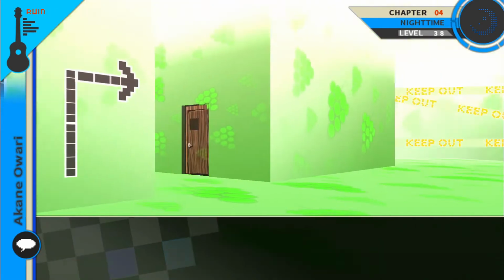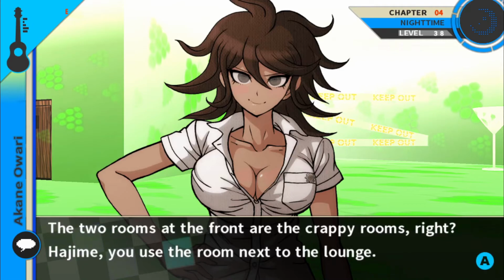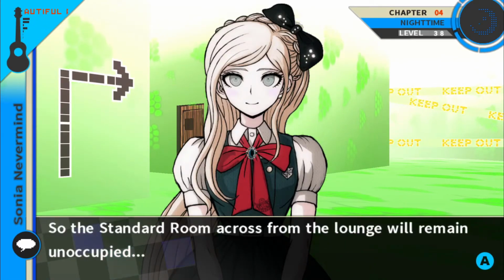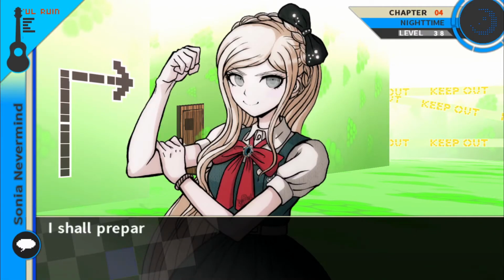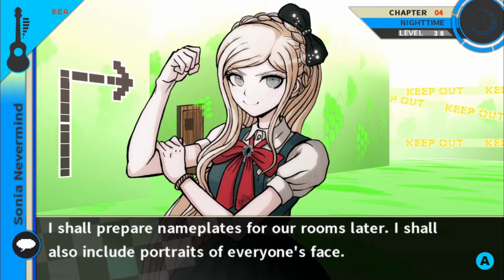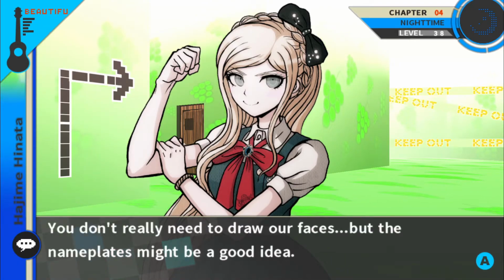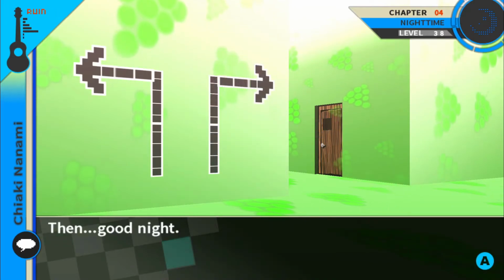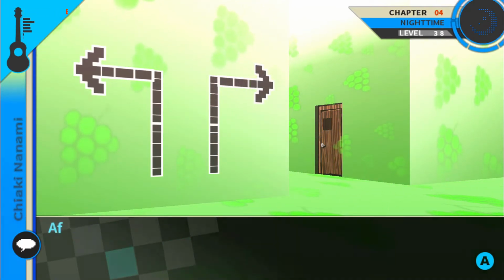Is it okay if we go already? Yo. The two rooms at the front are the crappy rooms, right? Hajime use the room next to the lounge? Then the standard room across from the lounge will remain unoccupied. Easy as pie. I shall prepare nameplates for our rooms later. I shall also include portraits of everyone's face. I don't really need to draw out faces, but the nameplates might be a good idea. Good night. I mean, we're not going to be here for long, hopefully, so...